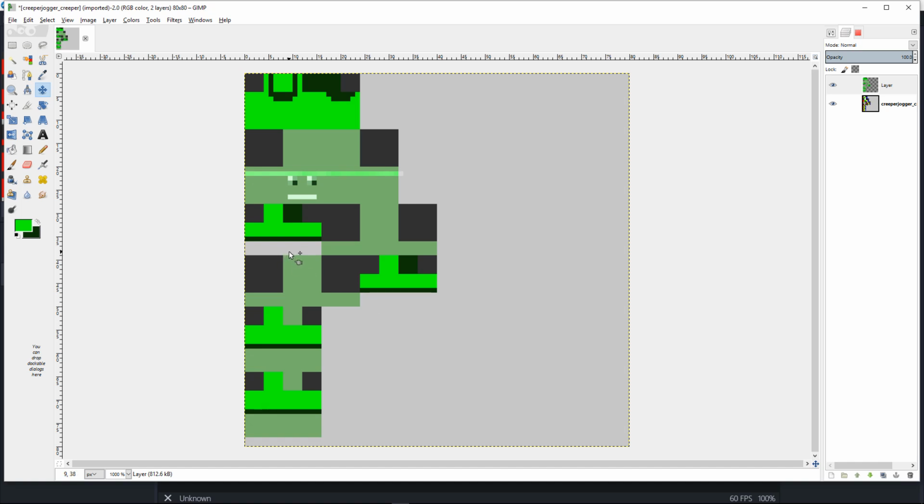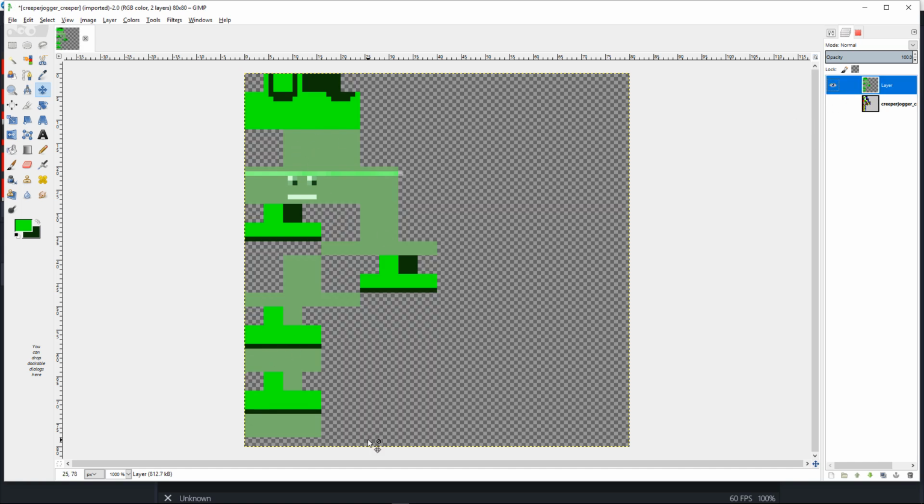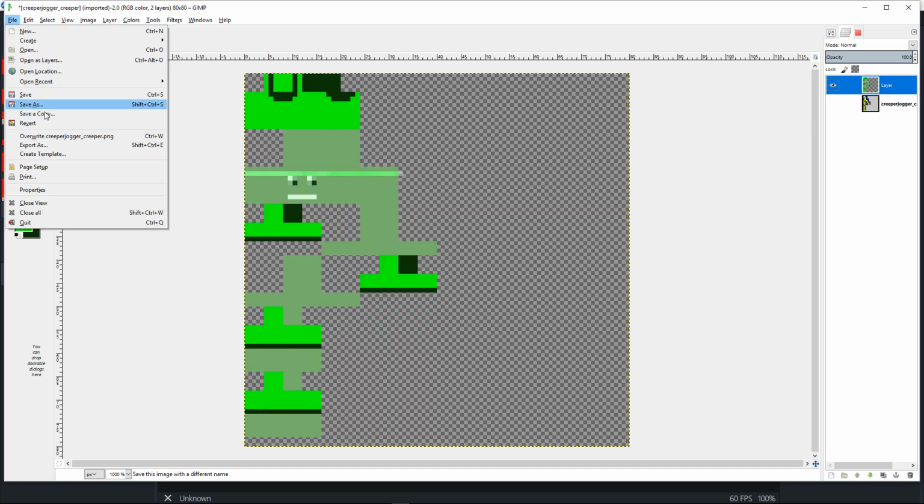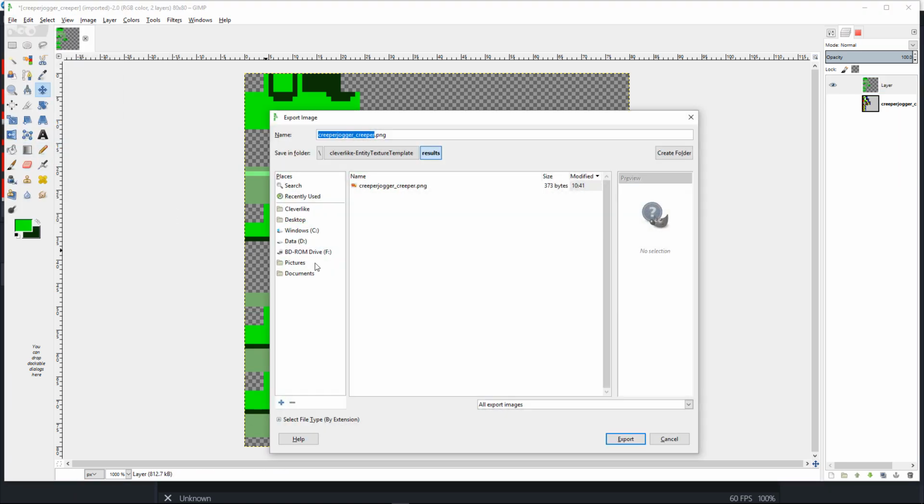What do we have here? What's this gray? That's just dead space. Light gray is just dead space. If I hide this, that's the way the texture looks. So let's go ahead and export this texture. Export as. Let's export it